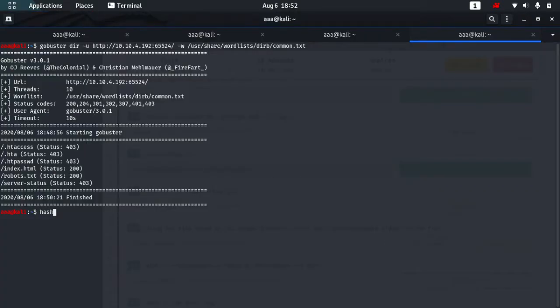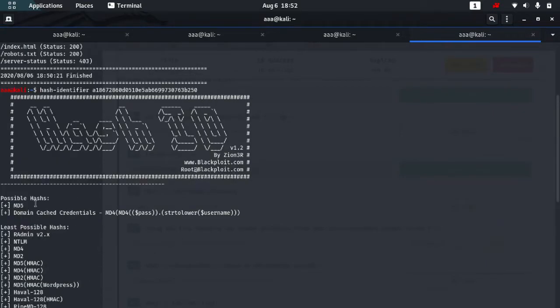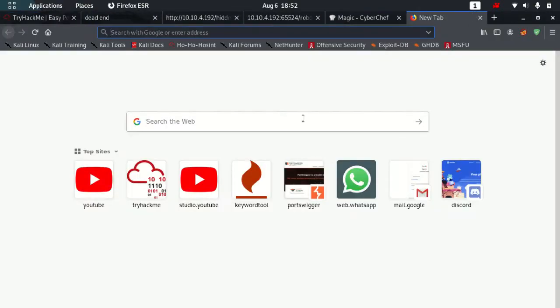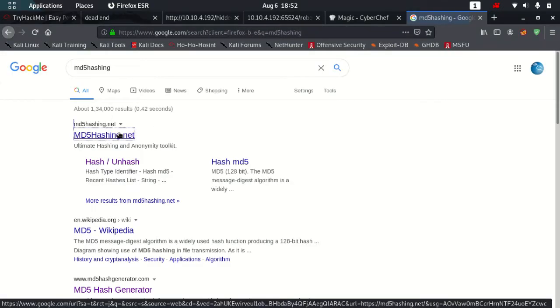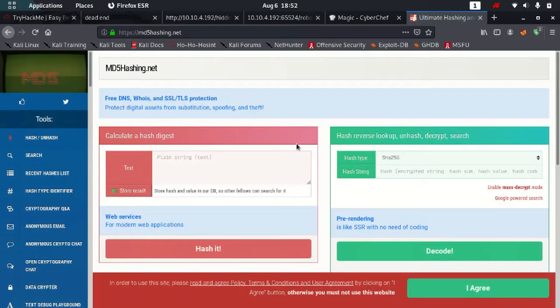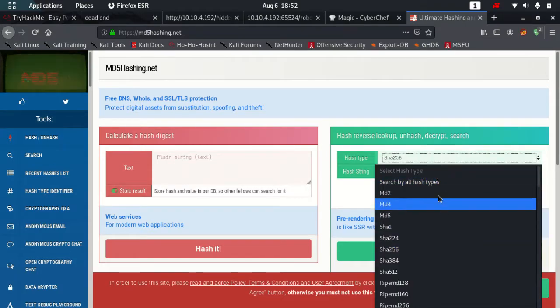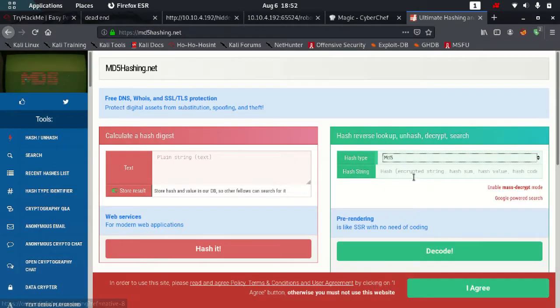What can it be? Let's use a hash identifier to check which type of hash this is. So the most possible hash is MD5. Okay, so I'm going to go to MD5 hashing, and please take a note that if you're going to crack it with some other tool or something, this won't work, I guess, because he has purposely done this, or I don't know.